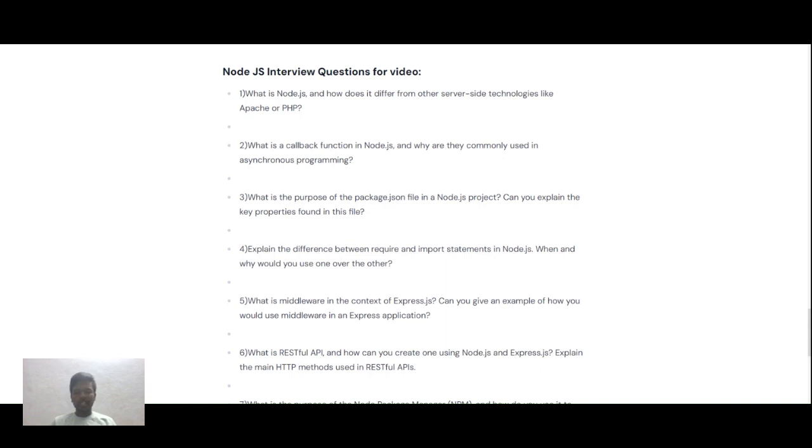Node.js is well suited for real-time applications, while Apache or PHP is typically used for traditional web applications. And the second question is, what is a callback function in Node.js and why are they commonly used